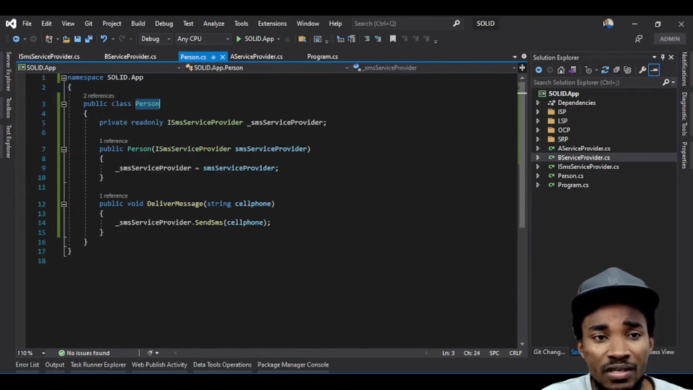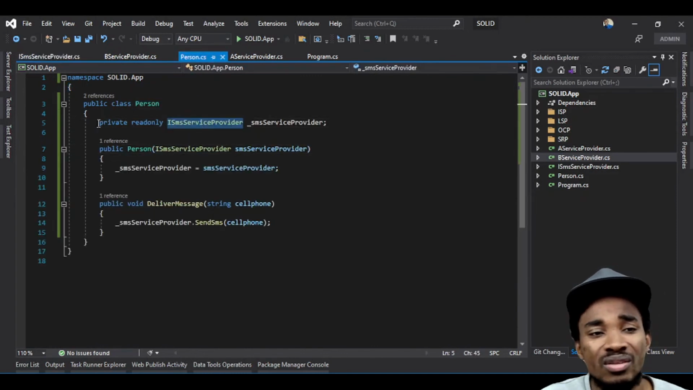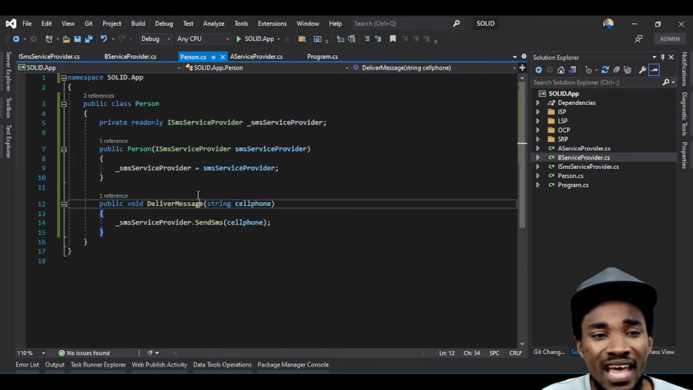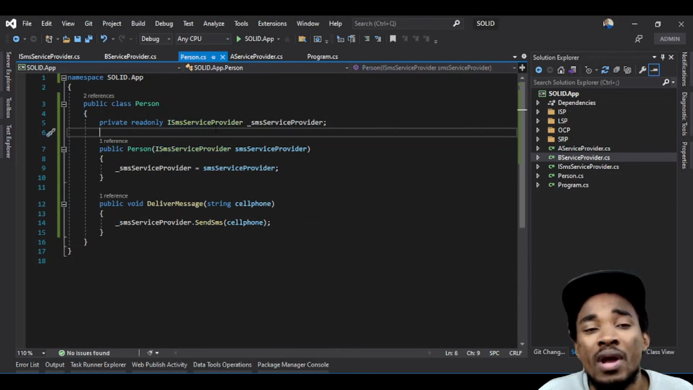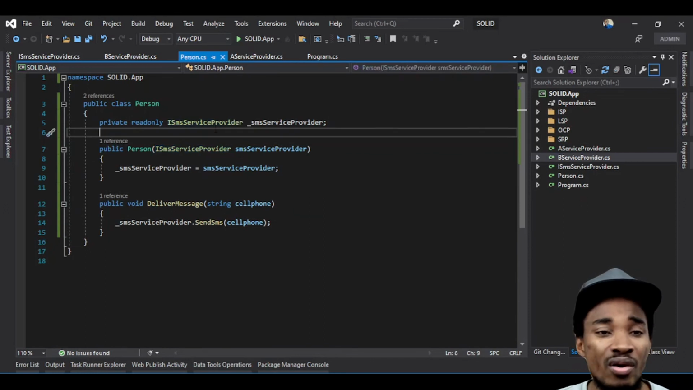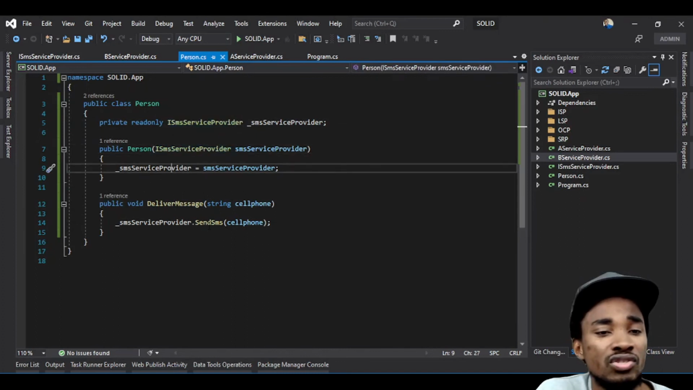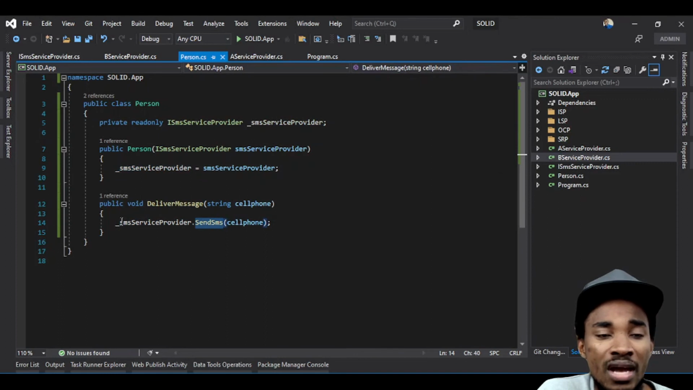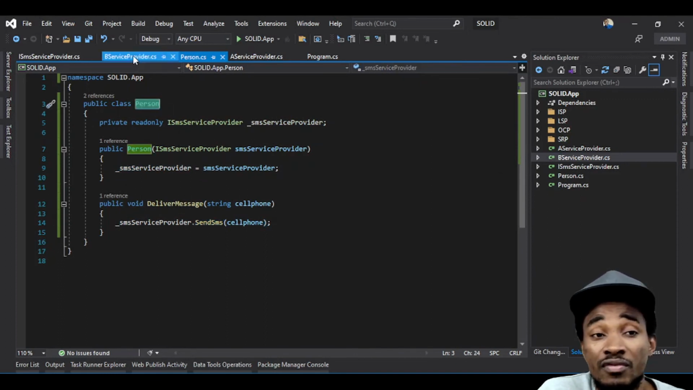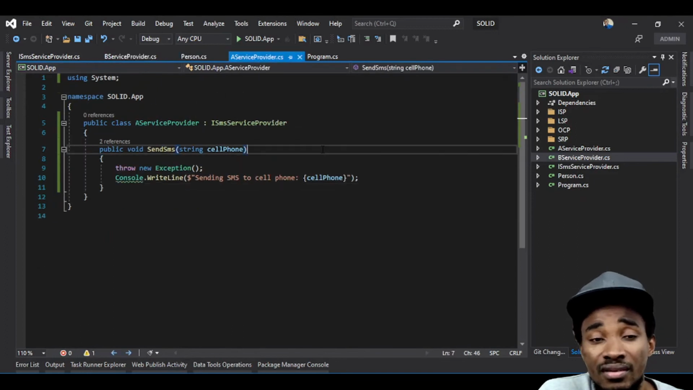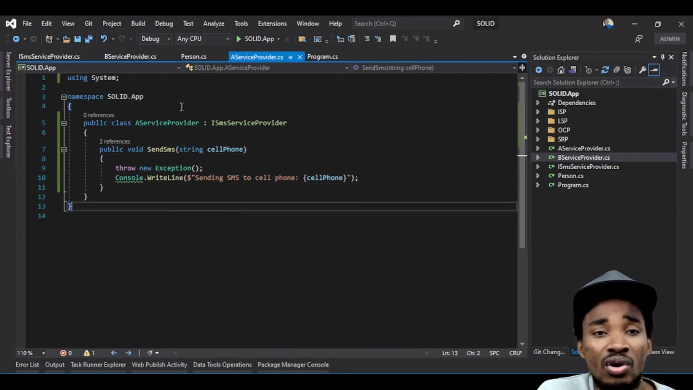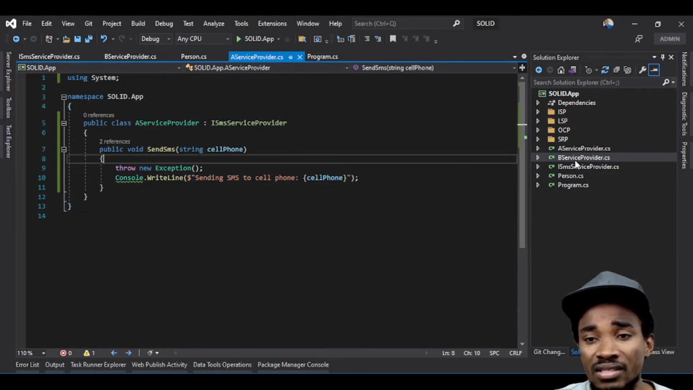But now guess what? This person doesn't care. He doesn't really worry about any concrete class. He's not aware of any implementation. All he cares about is the interface, and with that interface, it will just call the actual method. So as far as this person is concerned, he doesn't even know if you're calling B or A service provider. And at the top level, this is where you can invert it to say that since